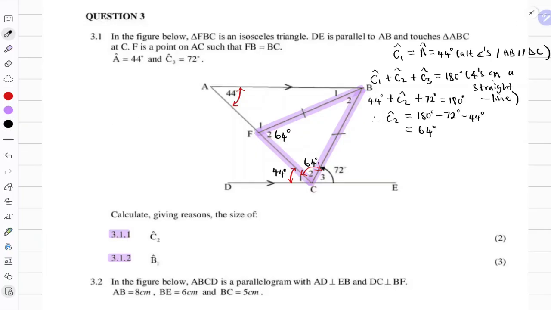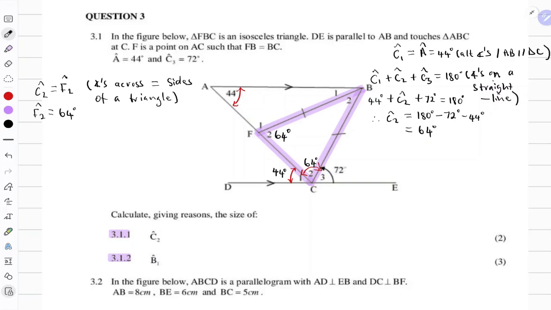The way you would write this is angle C2 is equal to angle F2, and the reason is angles across equal sides of a triangle, or in other words, base angles of an isosceles triangle are equal. So that means F2 should be equal to